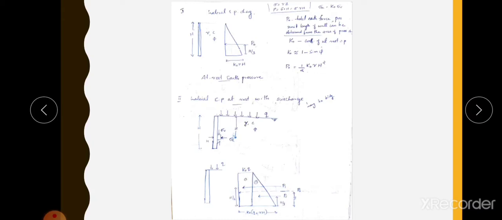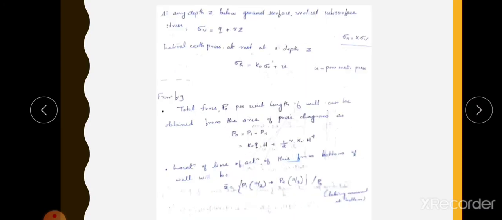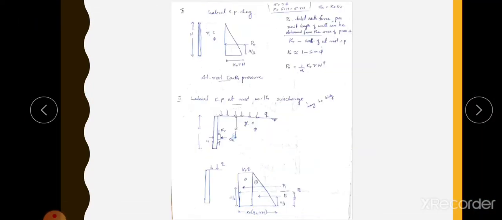So this is the first type of special case, that is lateral earth pressure at rest if there is any surcharge. Remember, if there is any surcharge, when we are drawing the pressure distribution diagram, it is a rectangle, because the surcharge weight is the same at every elevation. So it is a uniform value. K0 into Q is the same at every point, so it is a rectangle variation. Then you have to draw the earth pressure diagram for the backfill soil, and it is a triangular variation. So this is about lateral earth pressure due to surcharge.